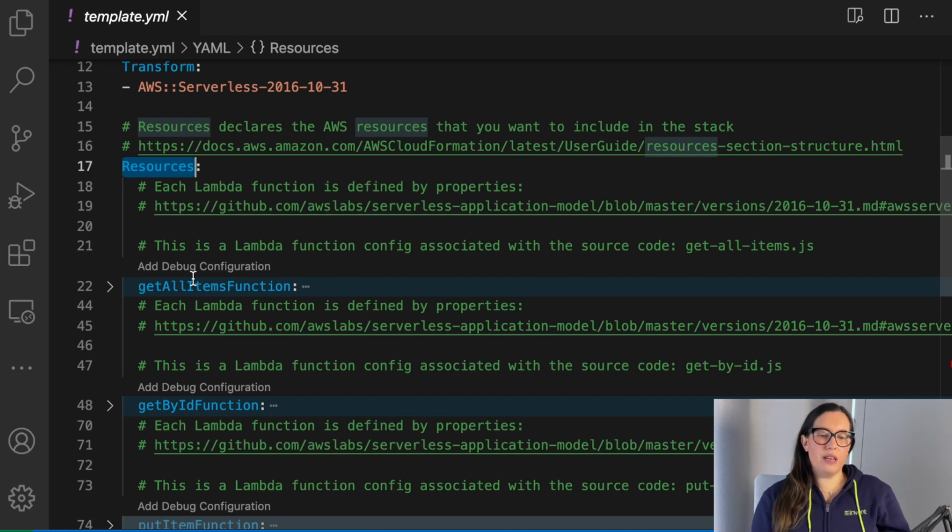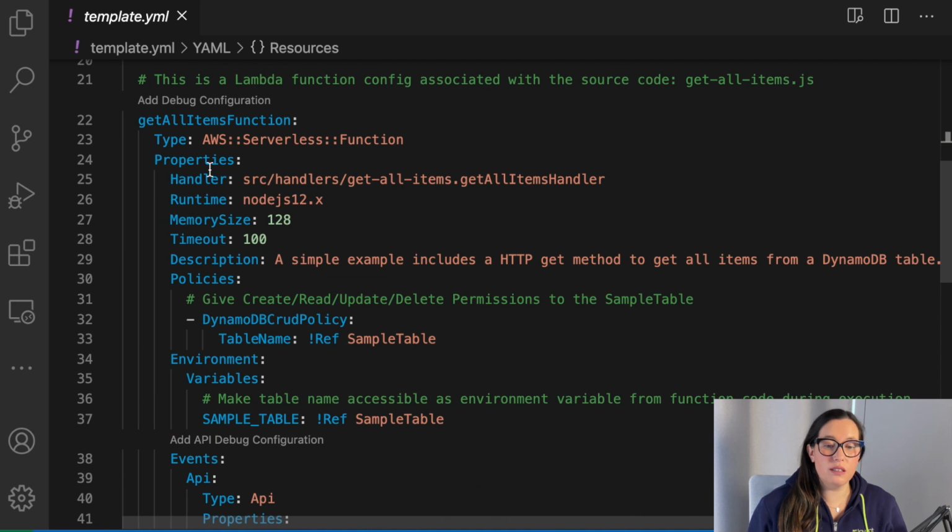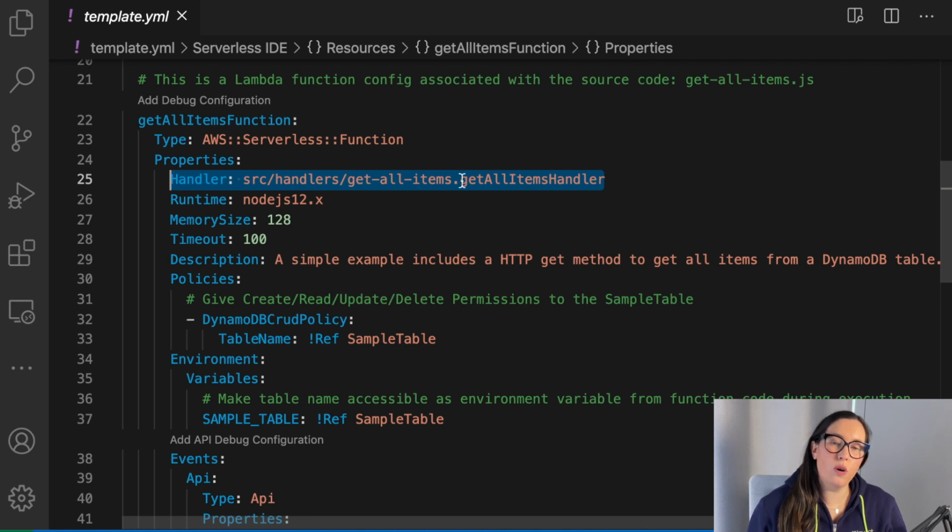You will see here that we have like 3 Lambda functions, and we have a DynamoDB table. These 3 Lambda functions have their own definition and their own permissions and everything. So for each function, you need to tell that this is a function. And then you need to define some properties. The most important properties are the handler, and the handler is where the code is and where the method is